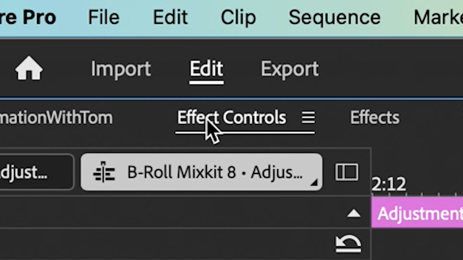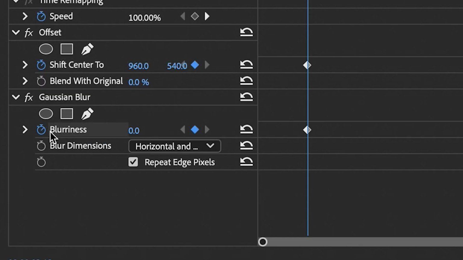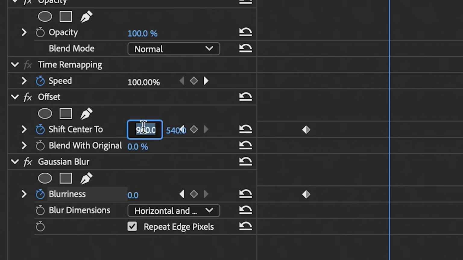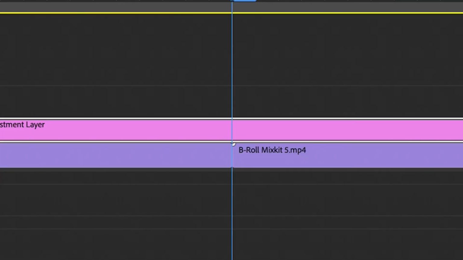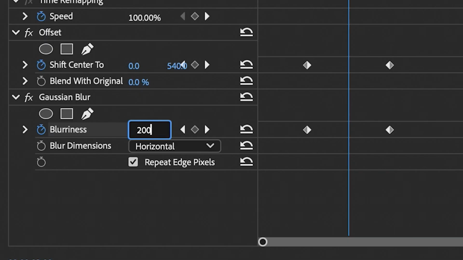the effect controls panel, create a keyframe for shift center 2, create a keyframe for blurriness, move the playhead 10 frames to the right, adjust the shift center 2 value to -960, create another keyframe for blurriness, move the playhead back to the point of the cut, set blur dimensions to horizontal, increase the blurriness value to 200, select all